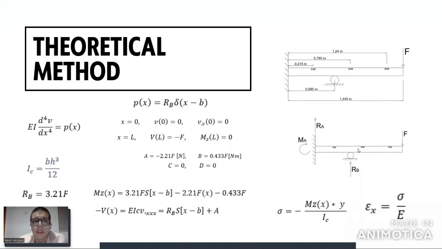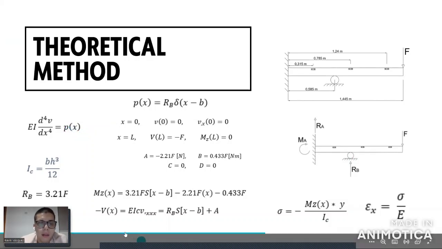So we're going to talk about the theoretical method for this lab. The first step was to draw the free body diagram of the beam, and then we can get our P of X. This P of X is used with the differential equations for the beam, and then we are going to get those functions that define the bending moment